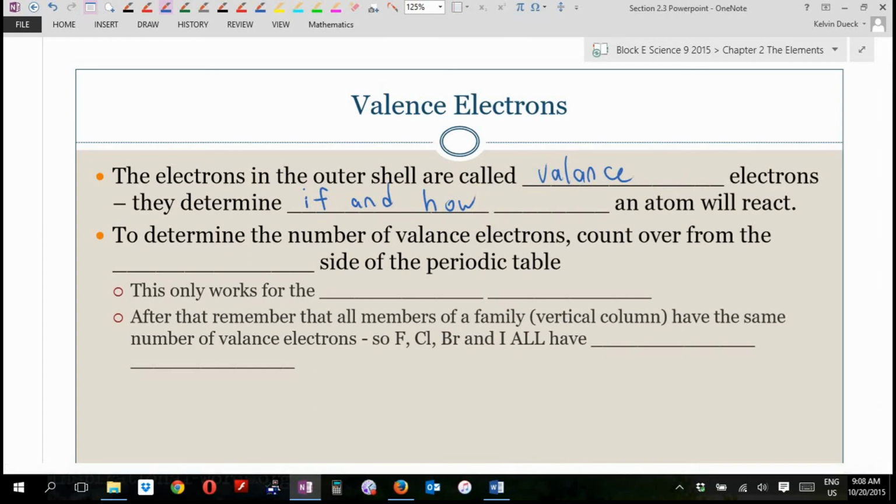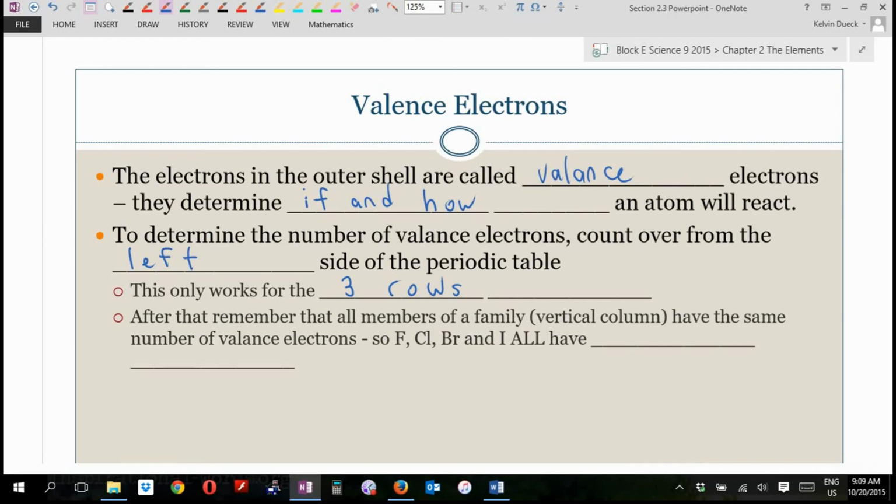Okay? To determine the number of valence electrons, just count over from the left side of the periodic table. Oh, that's a bit of a fib. This only works for the first 3 rows or so. Then it gets kind of weird. When you get to that row of 18, it doesn't quite work so much. After that,